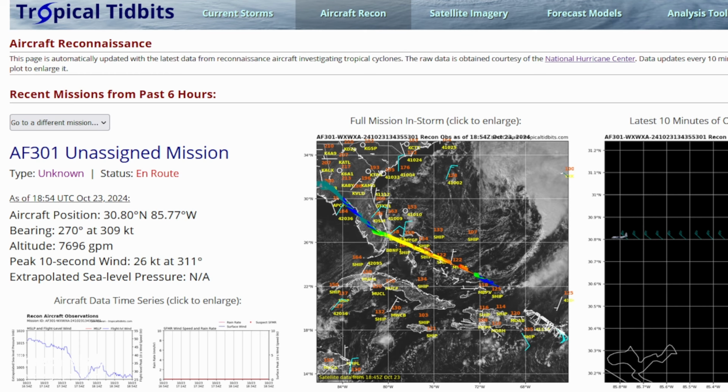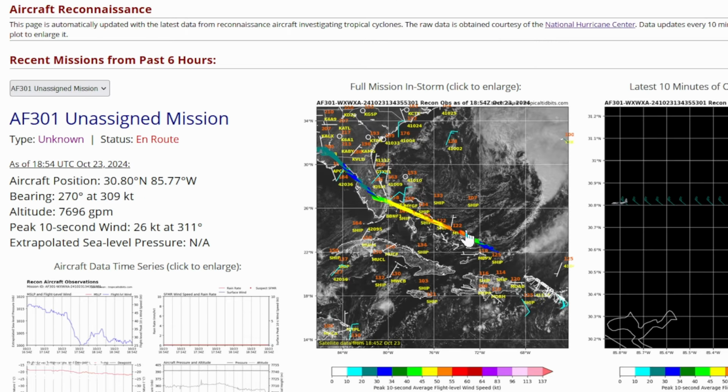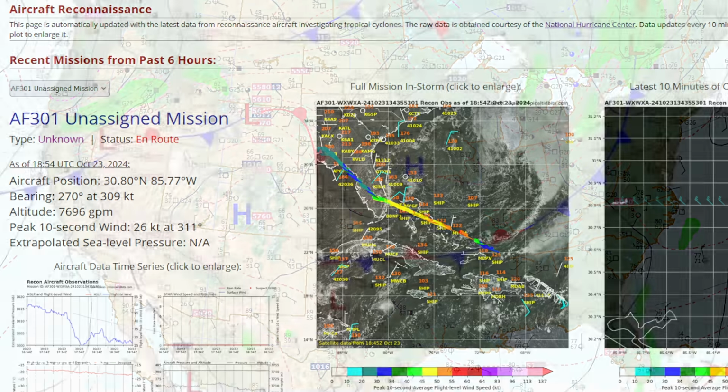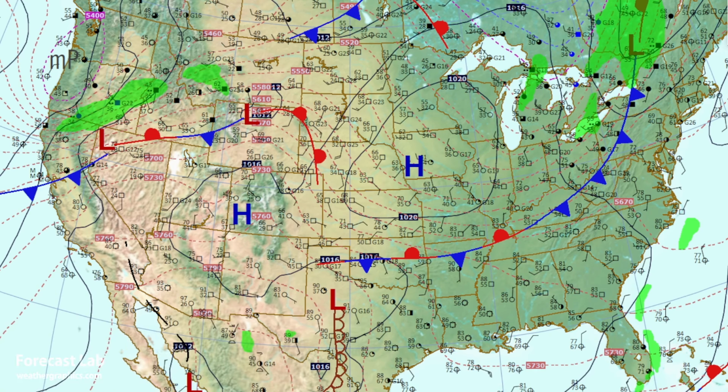And I had to check around to see if there's any reconnaissance missions. That would be a very long flight, so it's pretty doubtful. Just scrolling through here, some investigations of Oscar, and I guess we're just mostly going off satellite for Kristy. Anyway, that is expected to be Category 5 later this evening, so check out the National Hurricane Center page for